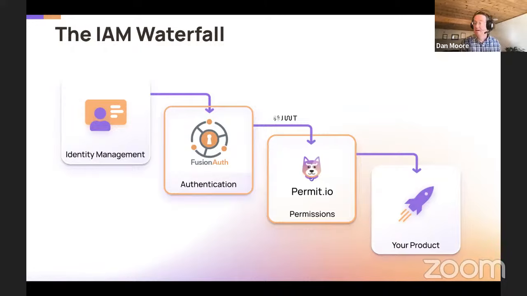In this case, the company's called Unsupervised. They deploy their software into Kubernetes clusters and other local environments. They wanted to use FusionAuth to provide a seamless authentication and integration experience. A lot of these companies obviously have their own authentication identity providers, and Unsupervised didn't want their developers to have to deal with integrating with each and every one of those. So the developers know how to deal with FusionAuth, and FusionAuth knows how to delegate that identity protocol to those other identity servers.